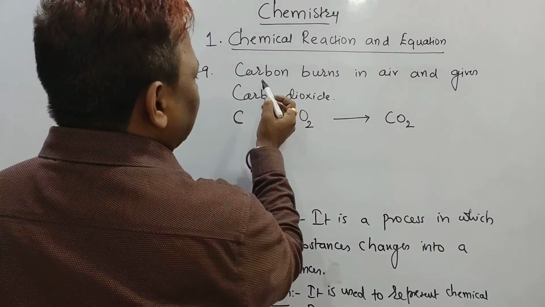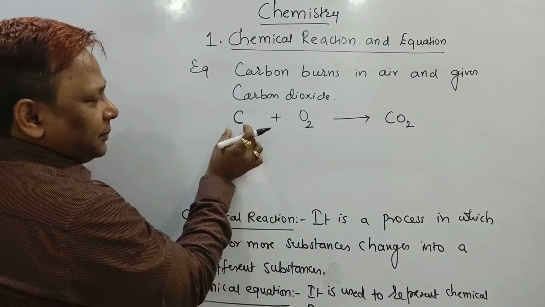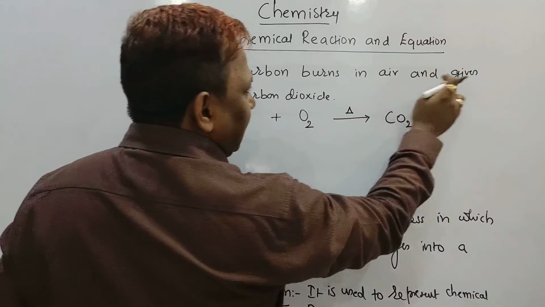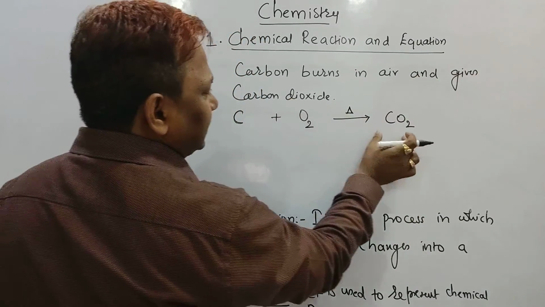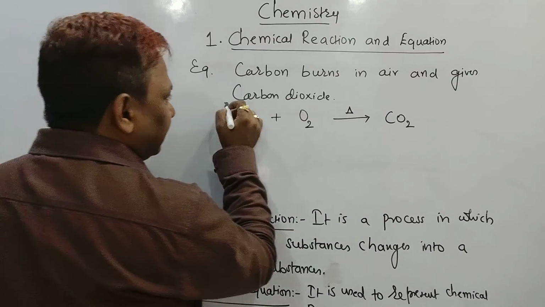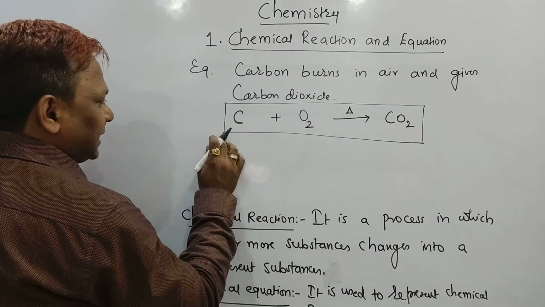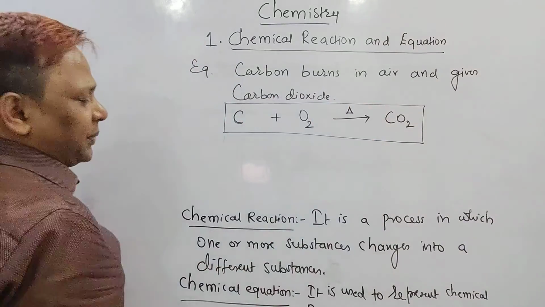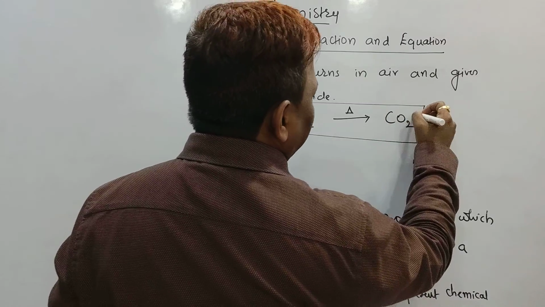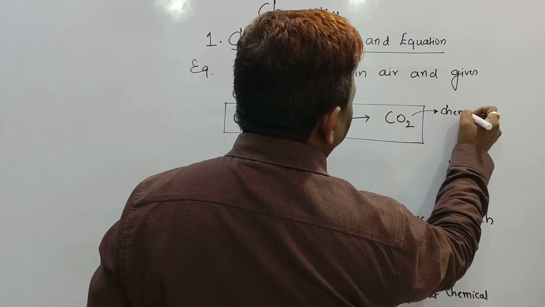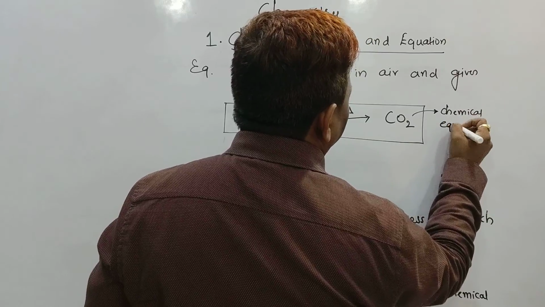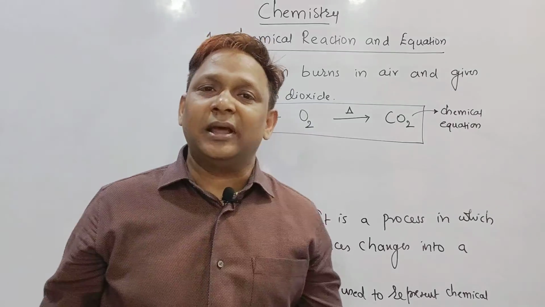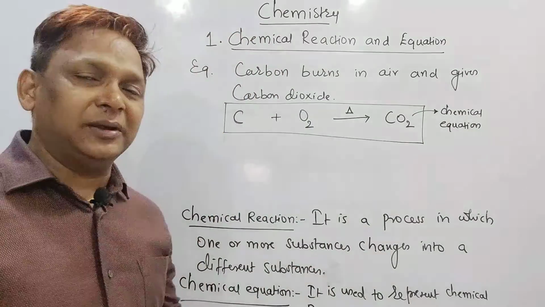That means if I write the statement here, carbon burns in air, so carbon C burns in air, put the delta sign, in air oxygen, and gives, means arrow, carbon dioxide CO2. So this completely, which one we wrote here, is called a chemical reaction, and these chemical reactions are represented in the form of an equation, so we can call, sir, this is also called a chemical equation. But to represent any equation, we are writing the reaction, and that reaction itself is called a what? Chemical reaction. Very good, beta.